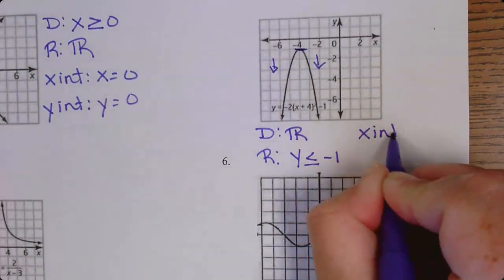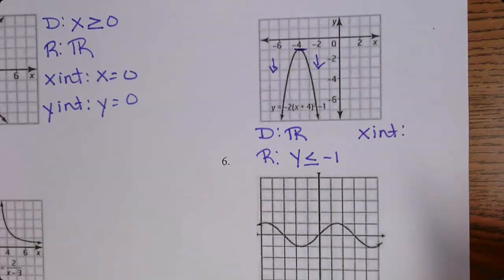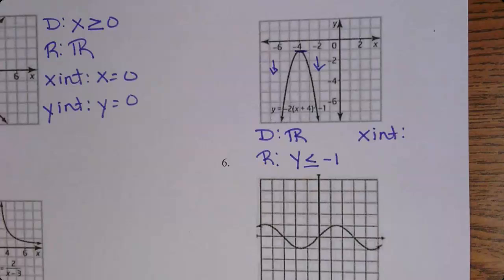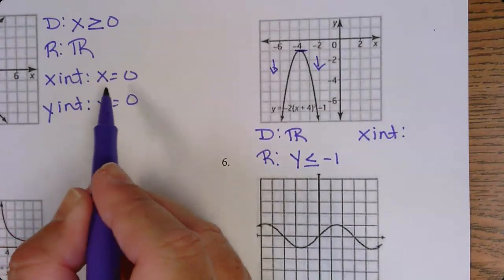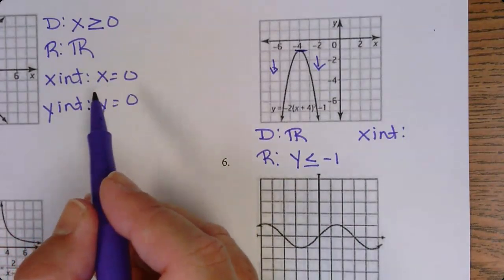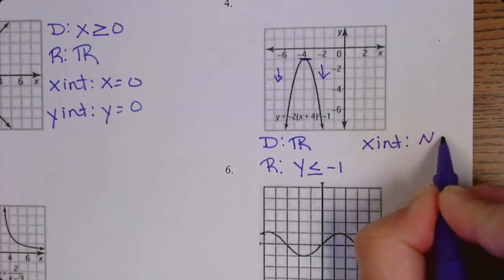X-intercept. Do I have an x-intercept? Am I ever going to cross the x-axis? And the answer is no. We do not want to put 0 because 0 is a perfectly lovely number. So we're just going to put a